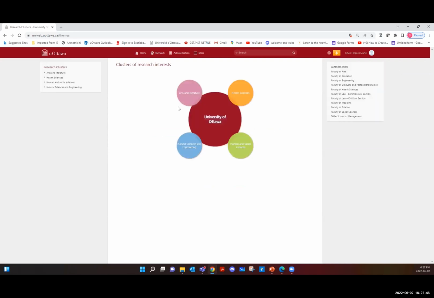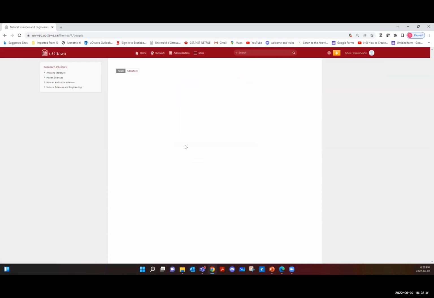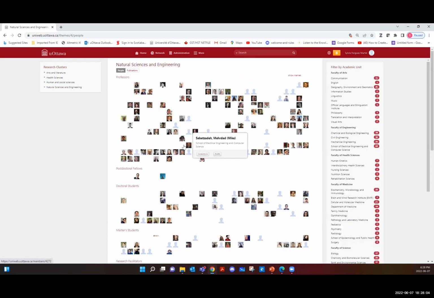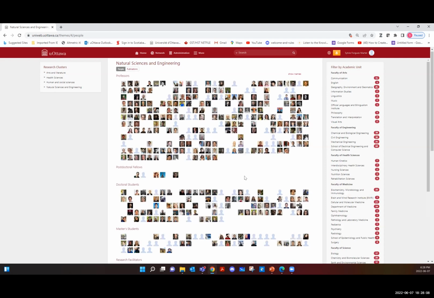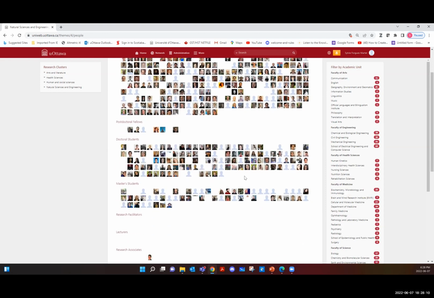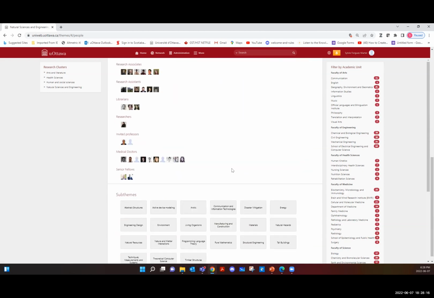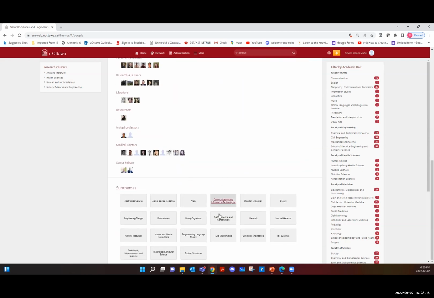So if we take, for example, recently the department was very interested in doing research work in AI, virtual reality, gaming, and they said, well, we need people and engineers. We can simply look up into the discipline, and it will provide you with absolutely everyone at the University of Ottawa who has their information on UNIWEB that are in that field. Then you can drill down by